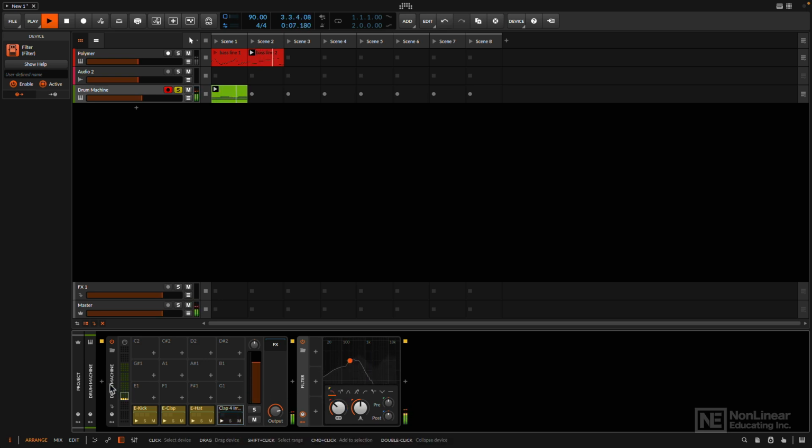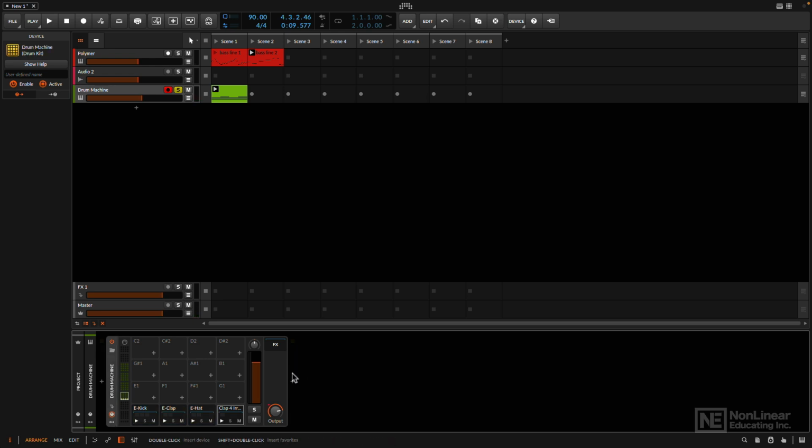If I was to save my drum machine as a preset, this effect would not be saved with it because it's not included or nested in the device. I'm bringing this up because it's really important if you want to start making your own custom presets. For example, I think what could make the drums a little bit cooler is maybe adding a bit more oomph